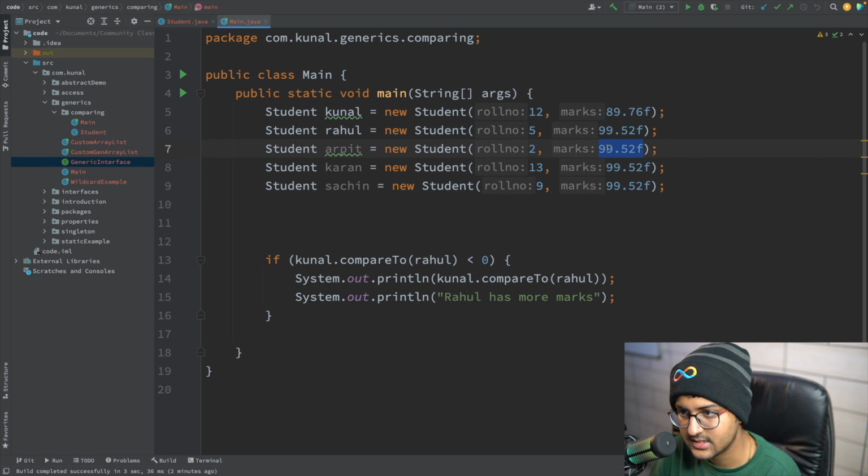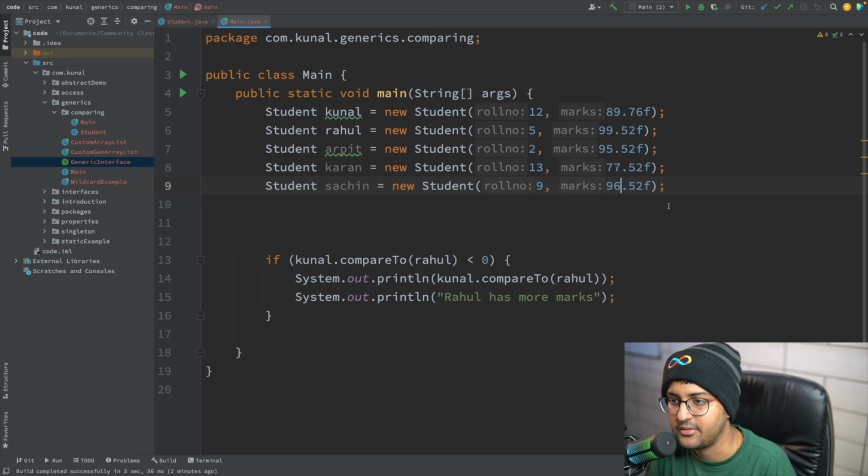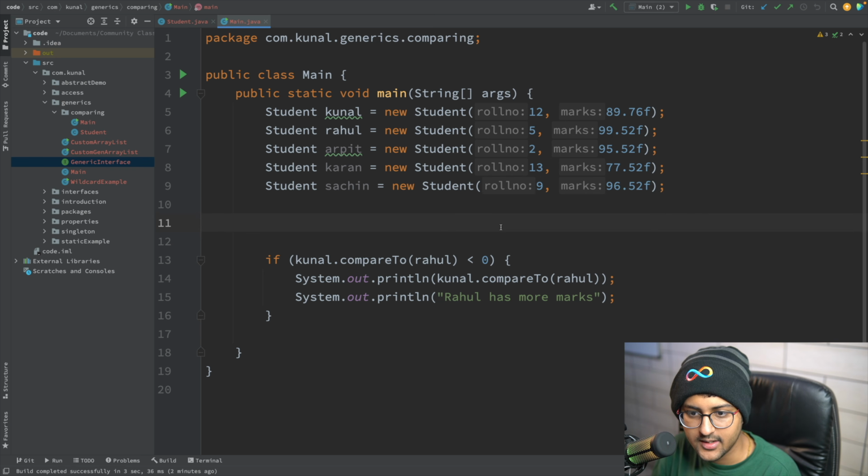Marks I can just add something random like 94, 95, 77. Karan was actually topper in my class, so never mind. And here 96 or whatever.